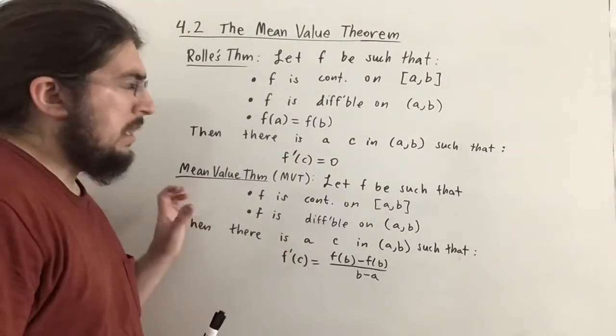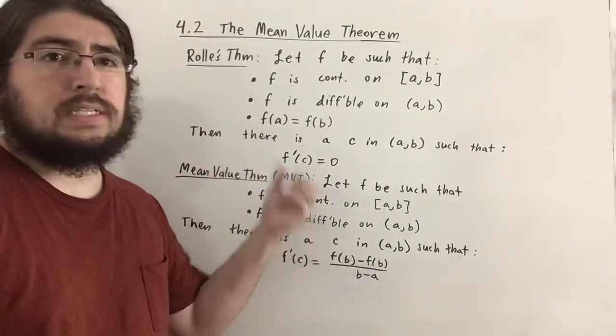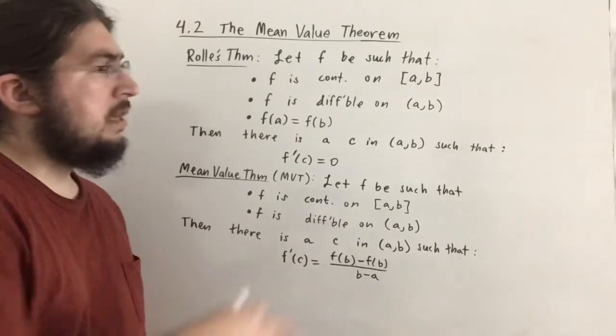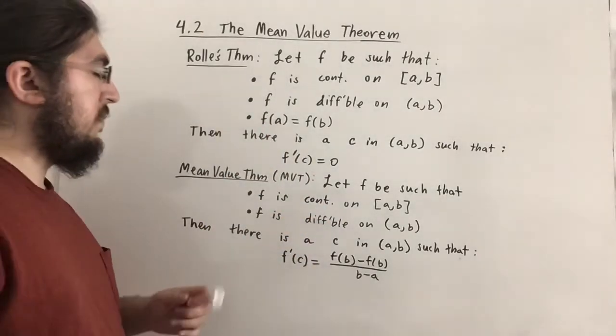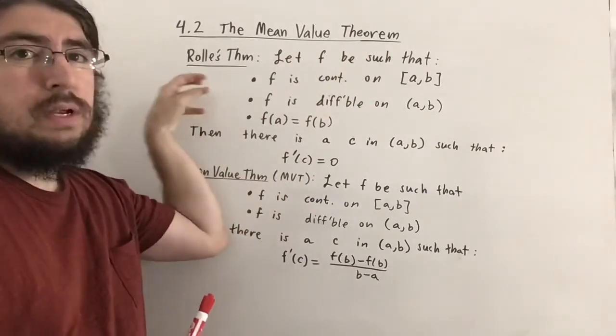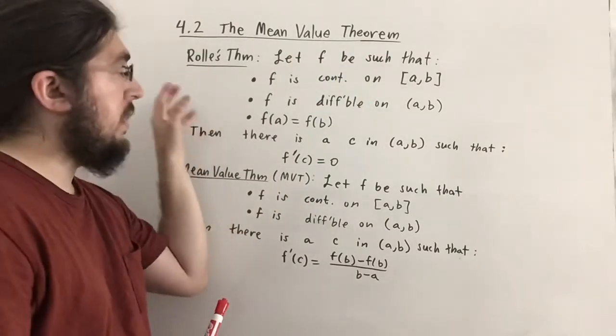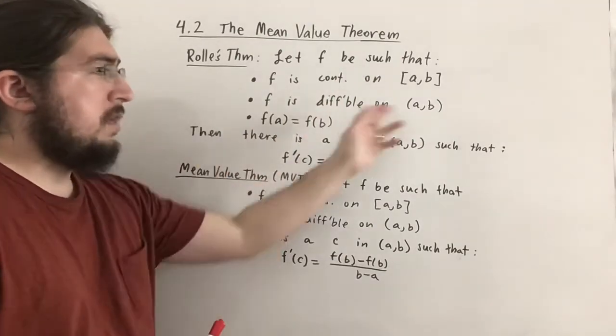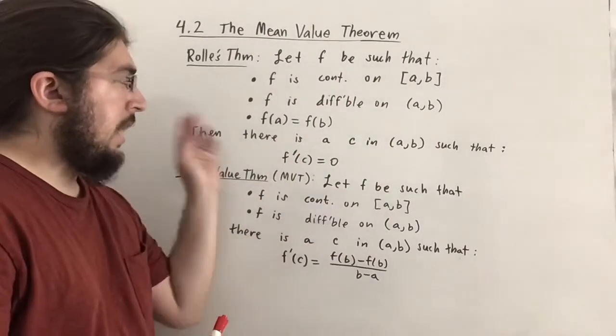In fact, one can say the mean value theorem is just a particular instance of Rolle's theorem to some extent, or kind of like a generalization thereof. But anyways, let's get to it and see if we can figure out what's going on. So Rolle's theorem says let f be such that these three criteria are satisfied, mainly that f is continuous on a closed interval a to b, differentiable on an open interval a to b, and f of a is equal